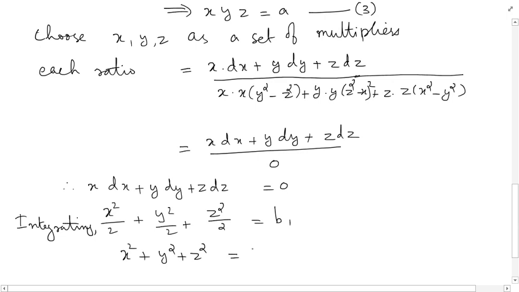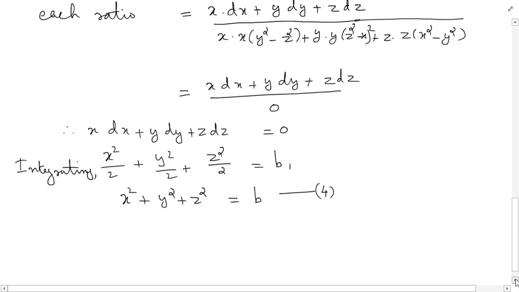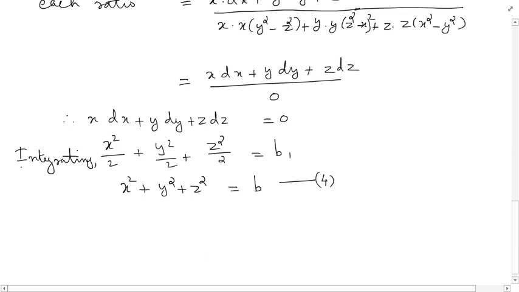I'll take it as another constant b. So this is the second independent solution of the auxiliary equation represented by the second equation. So therefore, by the theorem, the general solution of the given Lagrange's equation is f of u, v equal